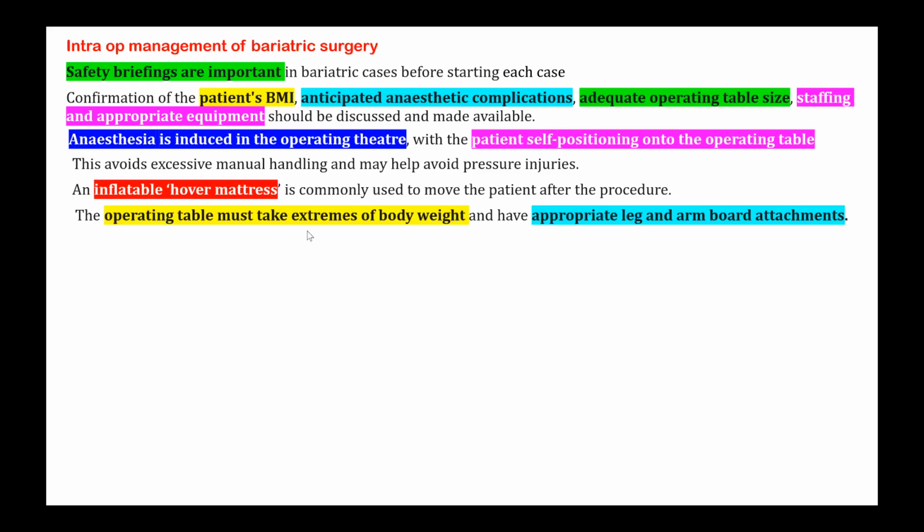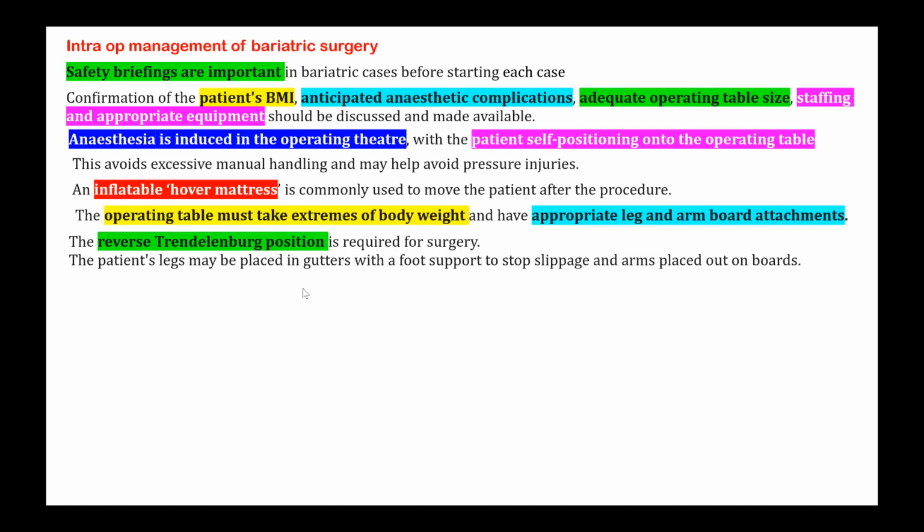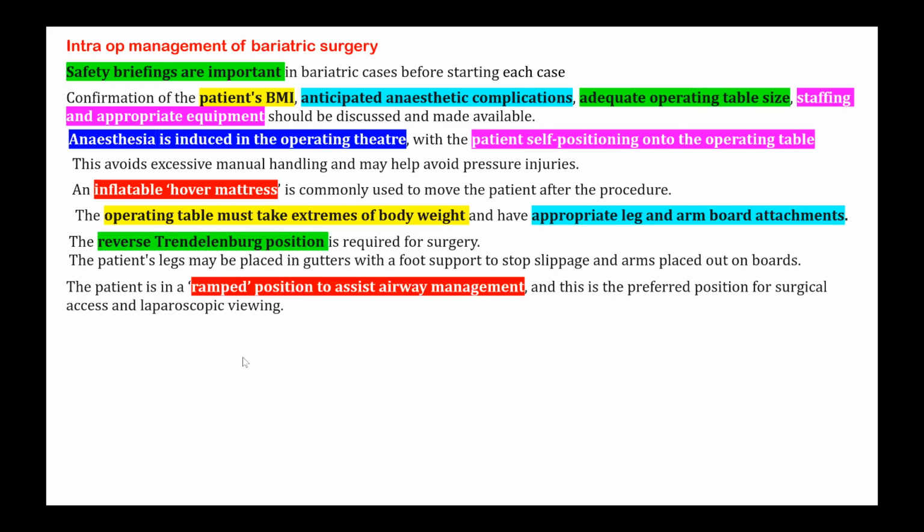And the operating table must take extreme body weight, and appropriate leg and arm board attachments have to be prepared and available. And reverse Trendelenburg position is required for surgery. And the patient's legs may be placed in a gutter with foot support to stop slippage and arms placed on the boards. And the ramp position assists airway management,